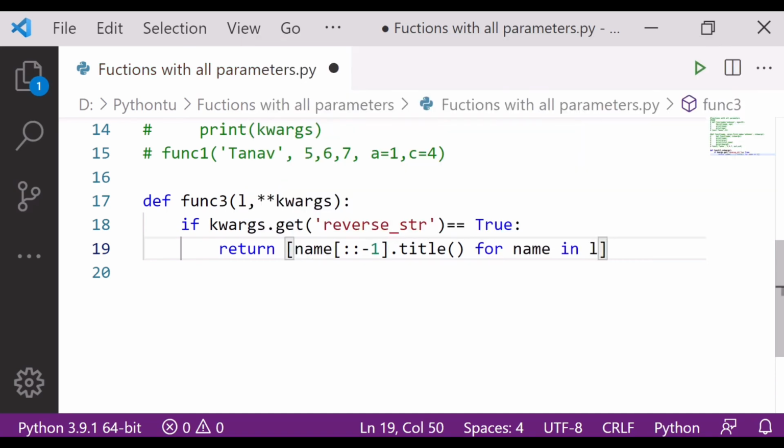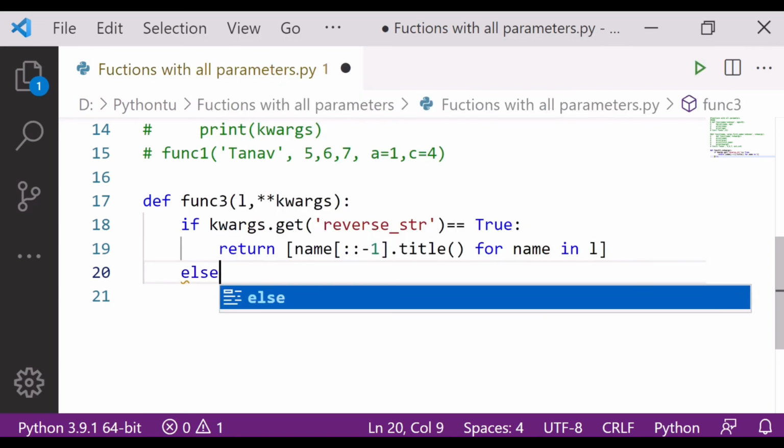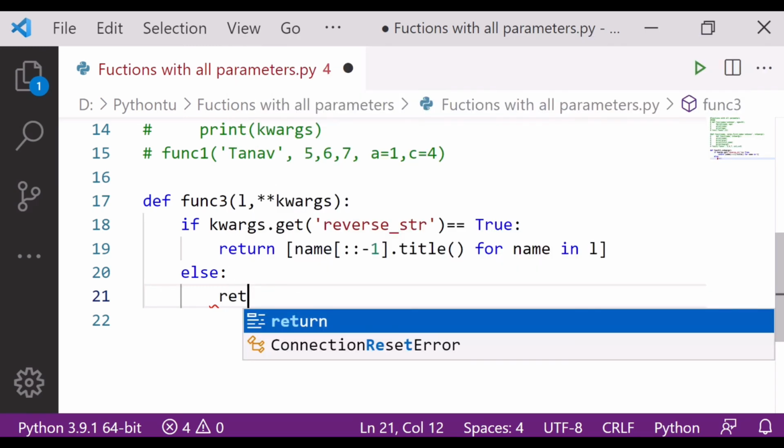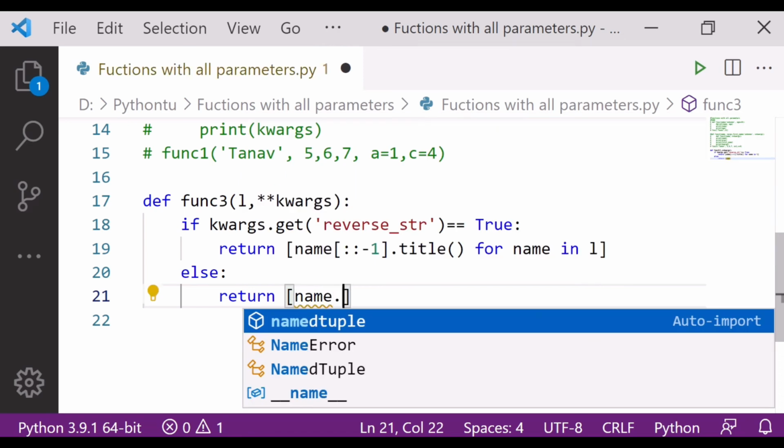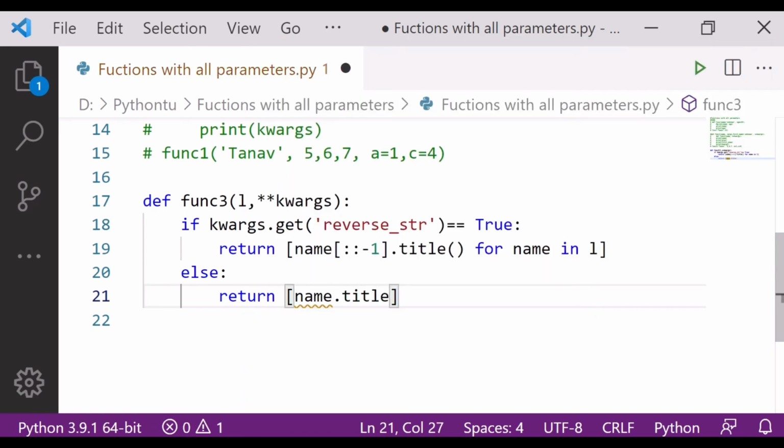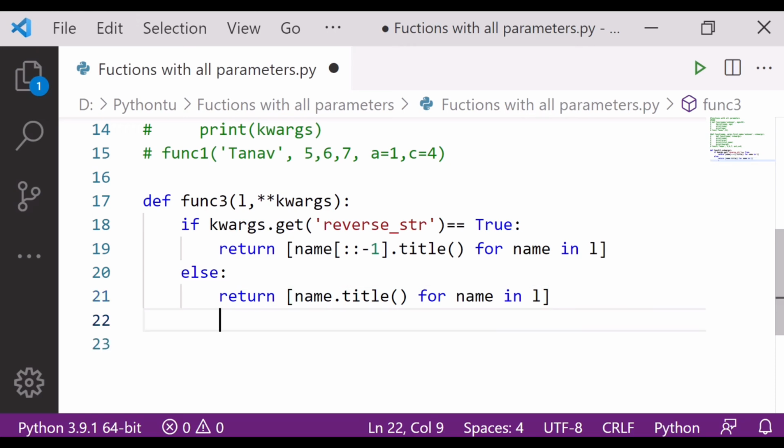Now next, else. What it has to do is return name dot title, the first letter should be capital, for name in L, the same thing, let me copy. Done.